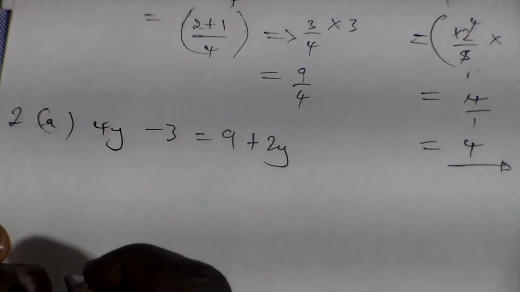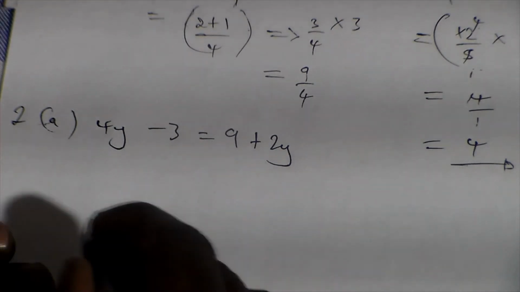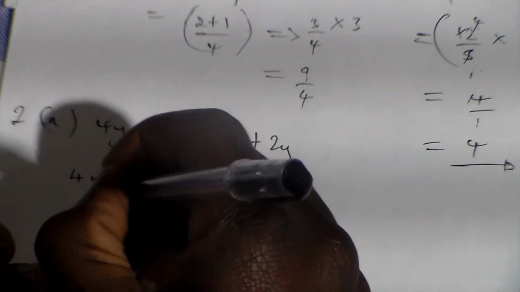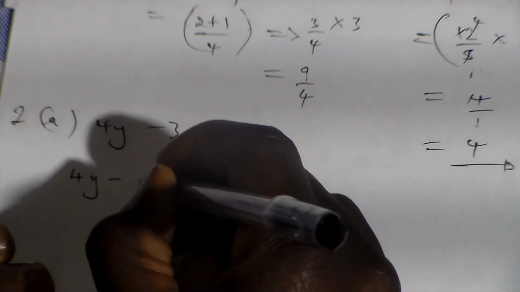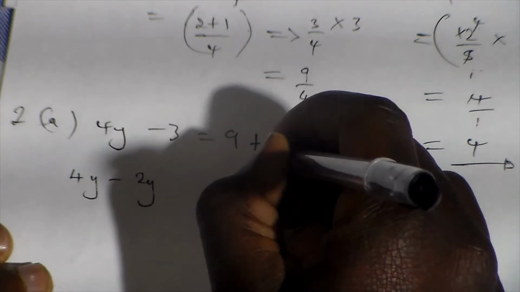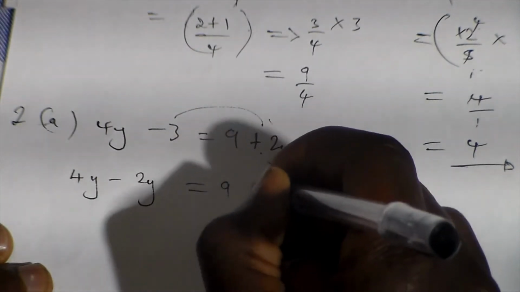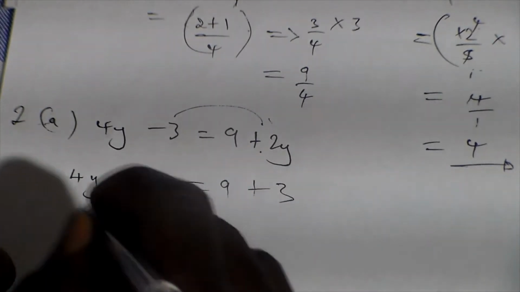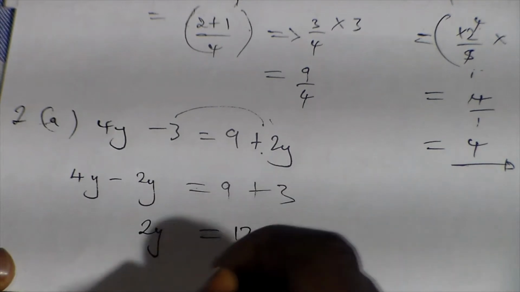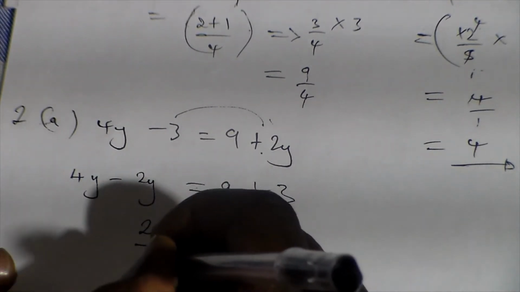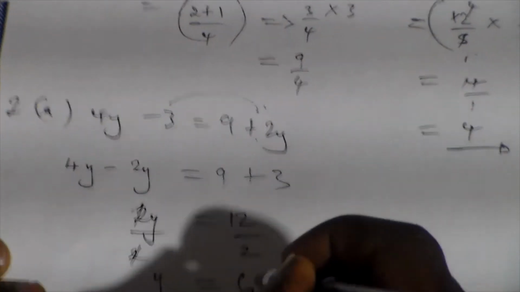Okay, remember from algebra, when you're solving this kind of equations, we'll put the term with the unknown on one side, and then this 2y crosses the equal sign, it becomes a negative 2y, and this 3 comes here, minus 3, we get plus 3. 4y minus 2y, we get a 2y, then dividing both sides by 2, my y is 6. Okay,